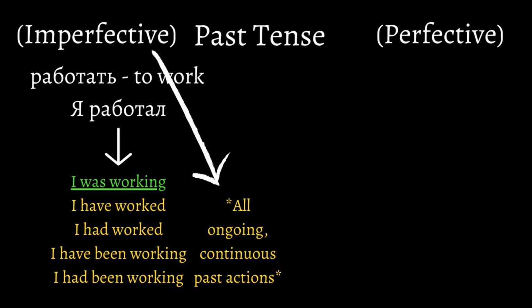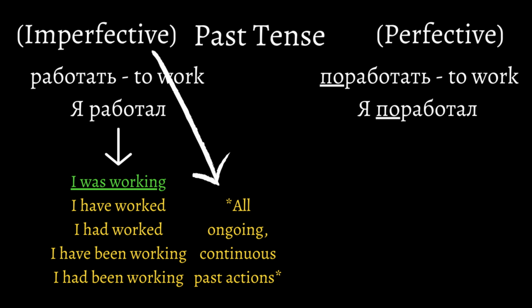Now, the perfective aspect in Russian indicates an action that was or will be fully completed, and the easiest way to form it is to put a prefix before the infinitive of the verb. Typically it's po, to make a different meaning. In fact, there are many ways to identify perfective verbs, and it's something I'll explain in a few minutes. Still, we can take работать, put po in the beginning, and we'll have поработать. This verb still means to work, but it can only be used in the past and future. Because we're working in the past, we want to keep it in the past, and it will be я поработал.